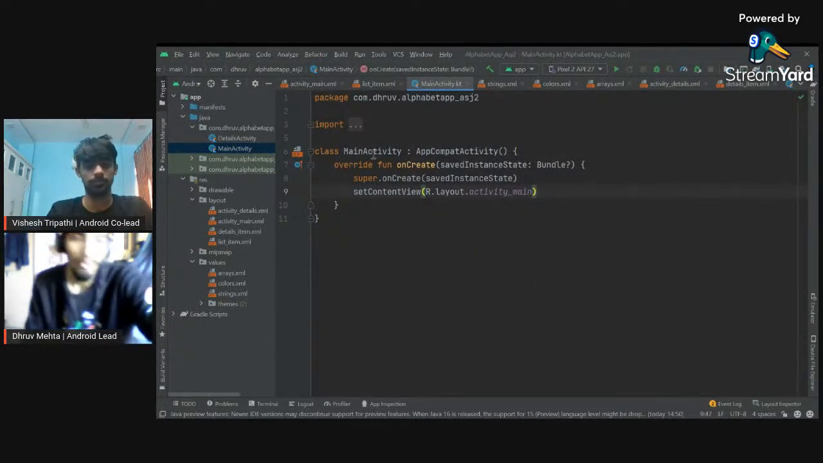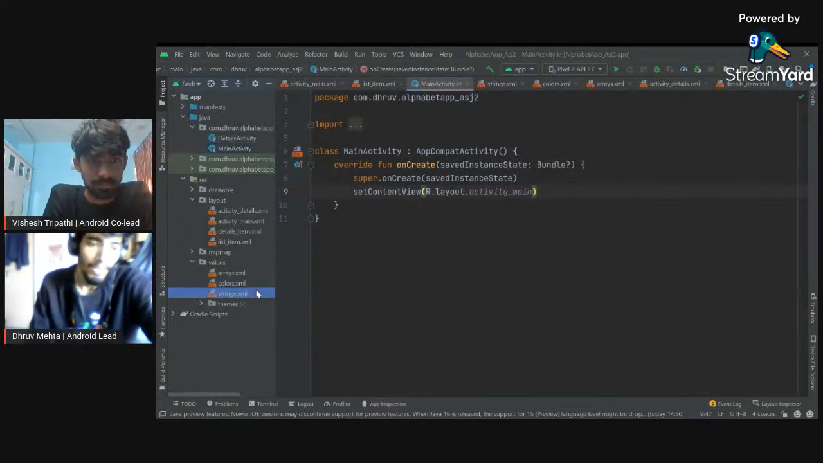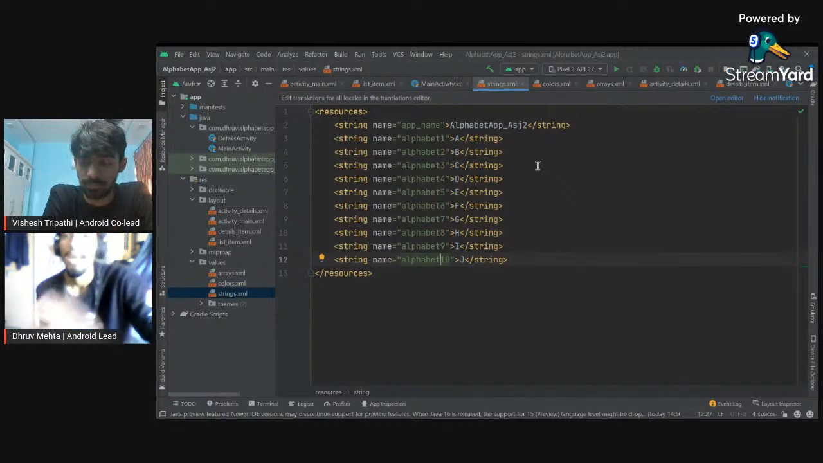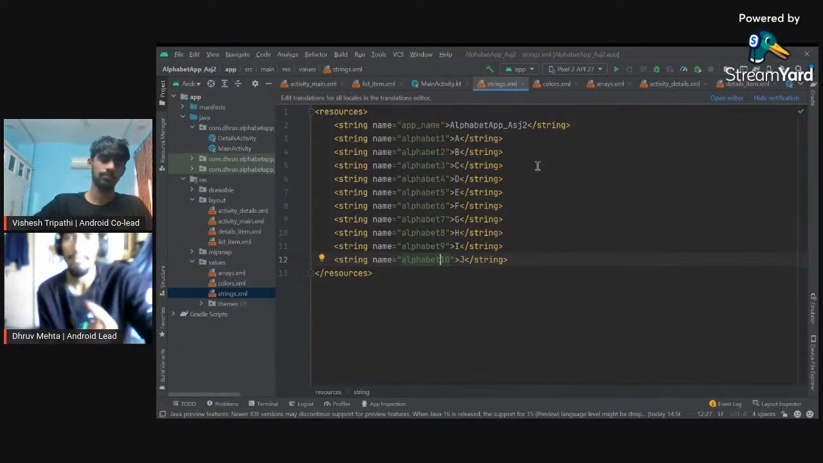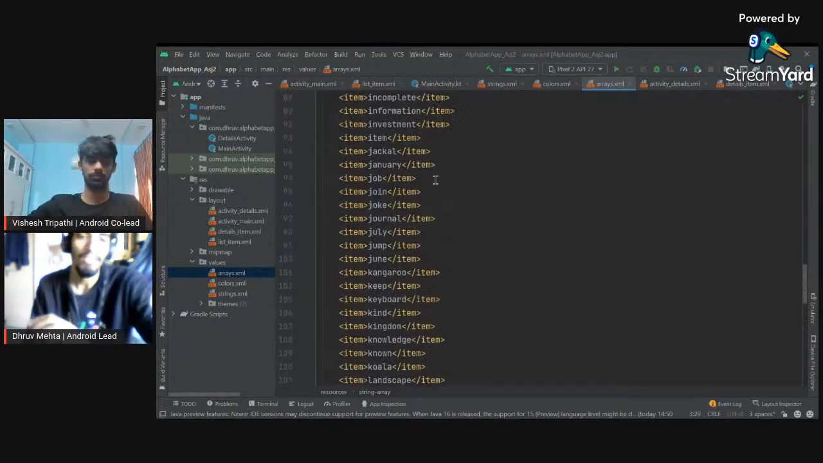So let me give all of you an overview about what we created last time. We started with creating the strings.xml file. We had every alphabet in it from A to J, only 10 alphabets, but you can obviously add it up to 26 in the strings.xml file. Then we went on to create an arrays.xml file, which had